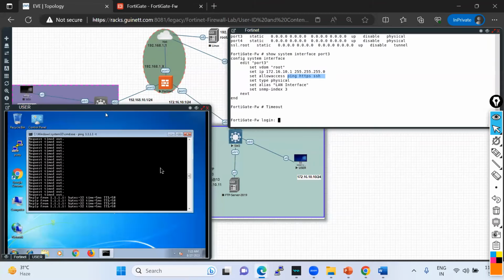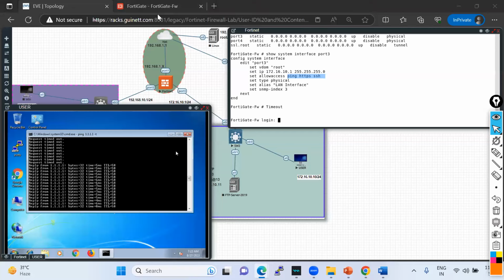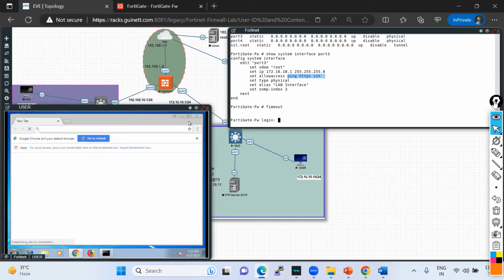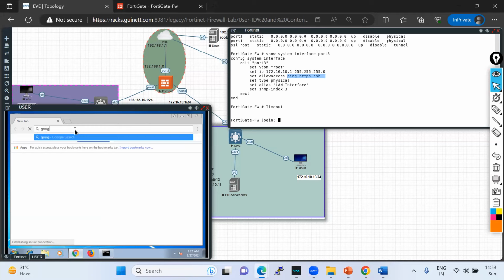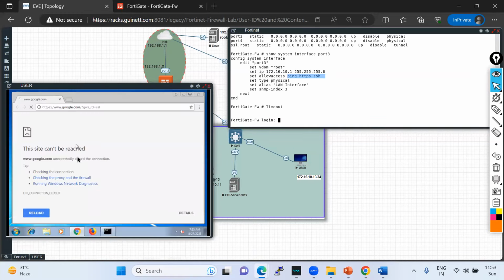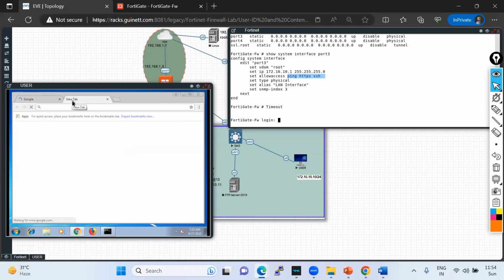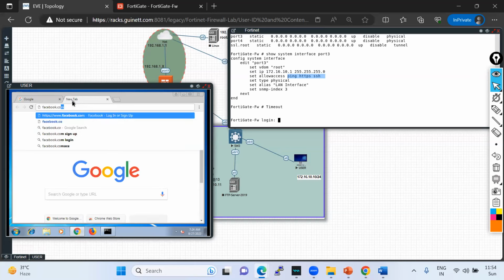See? So the moment I committed, my internet started working. So if I go in the browser, the ping is already working. And if I go here and open google.com, see, Google also works. If you want to use facebook.com,